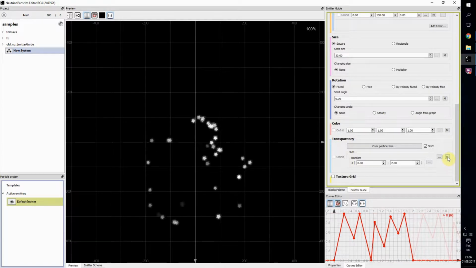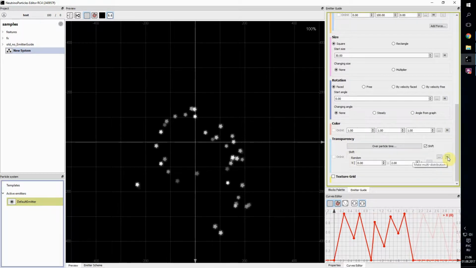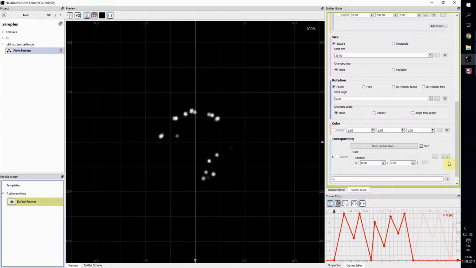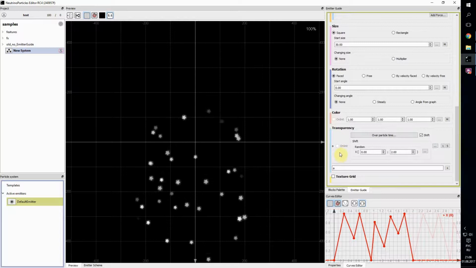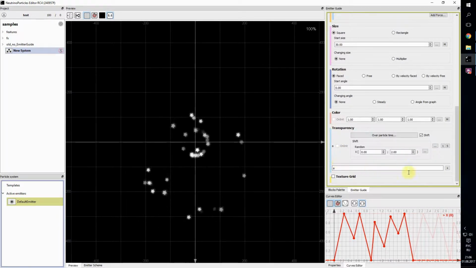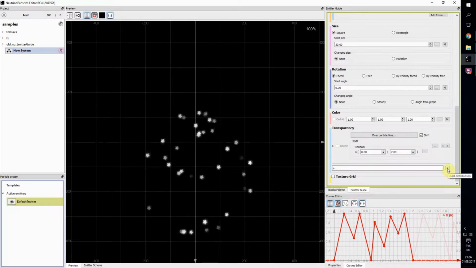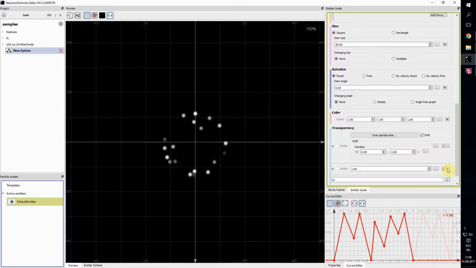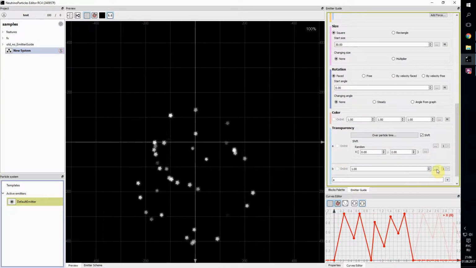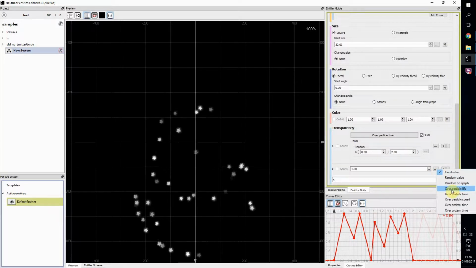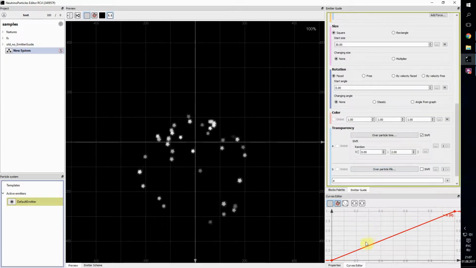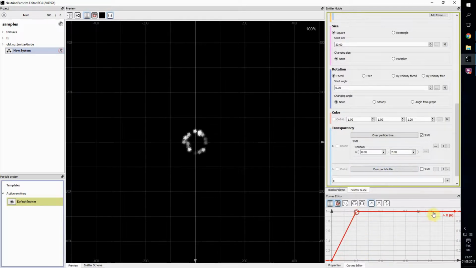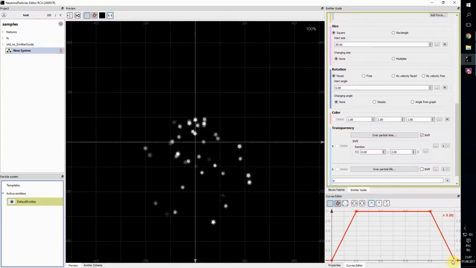You can see the M button here, make multi-distribution. When you press it, the value is transformed from a single distribution to multi-distributions. I also add another distribution and make it over particle life. Then for this over particle life graph I make the desired fade in and fade out graph,